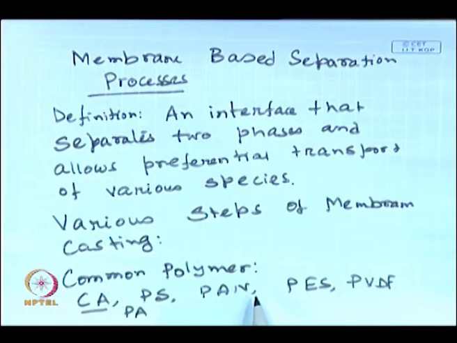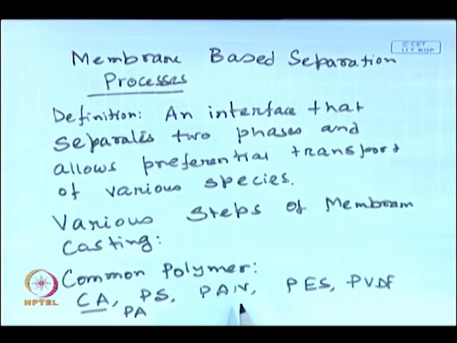Now, all these membranes are hydrophilic, and polyether sulfone is another polymer which is quite hydrophilic. These are generally used for casting reverse osmosis, ultrafiltration, nanofiltration and microfiltration membranes. We generally look for a property which is typical for the membrane and very useful for separation of solutes. What is that property? The property is hydrophilicity. The membranes are supposed to be very hydrophilic, then they will be more selective for a particular species. For example, most of the pollutants, such as organic pollutants and dye stuff, are generally hydrophobic in nature.